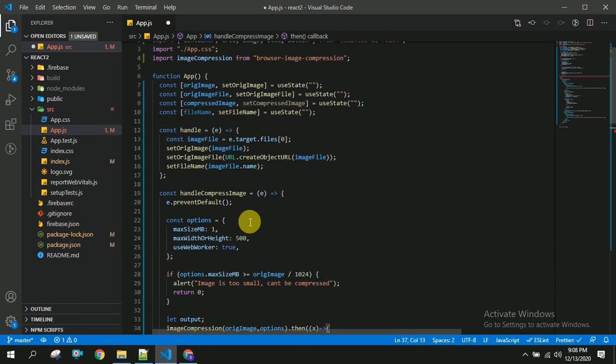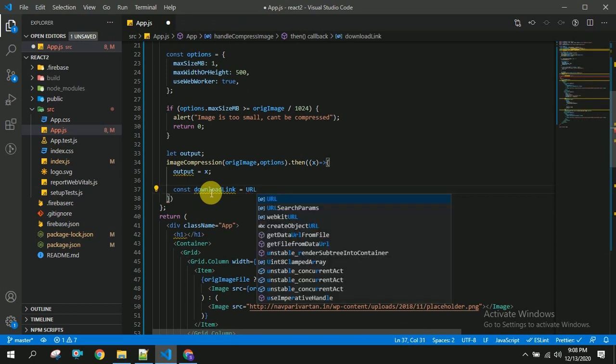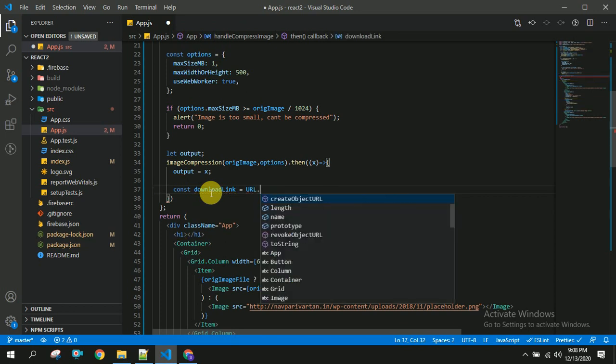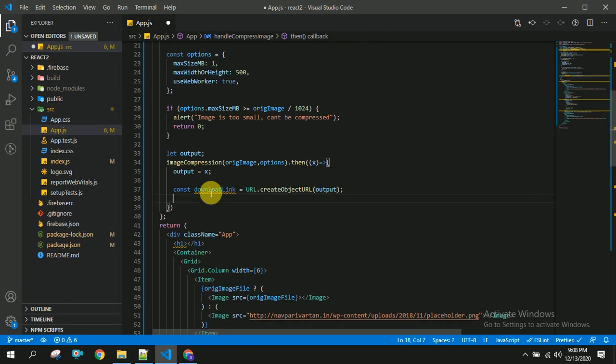Initially we have created a file and image, so in the same way we are going to create file and image here as well for the compressed image. So for that I am going to use this URL dot create object URL of output. So we are getting the compressed image here, so I am going to generate the file or URL like that.